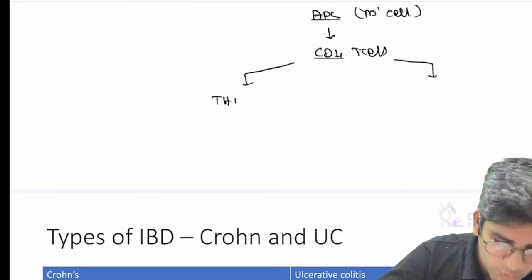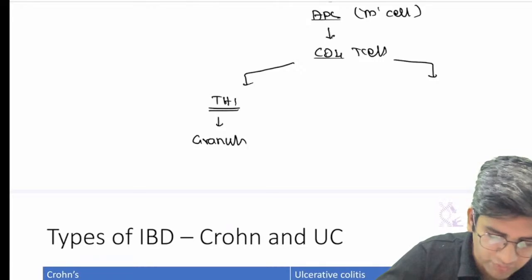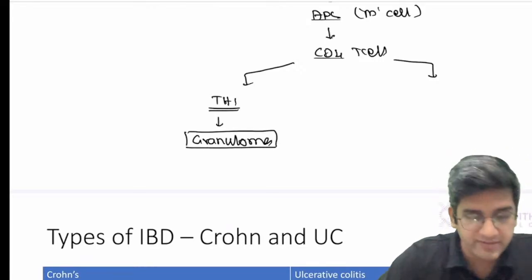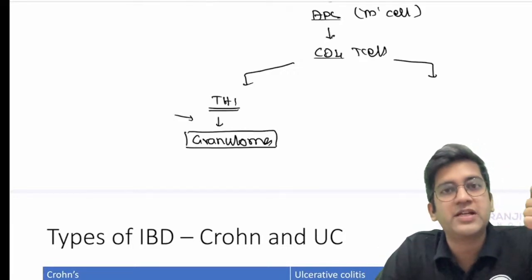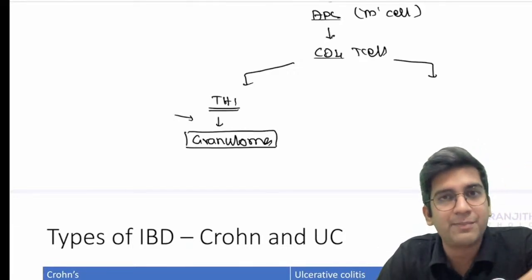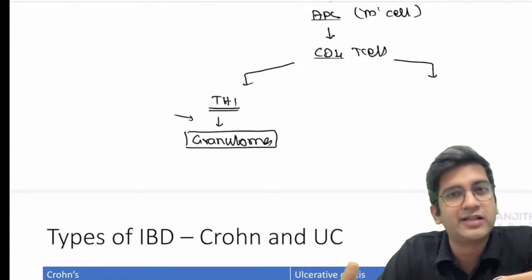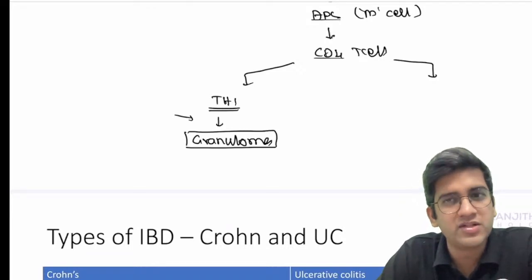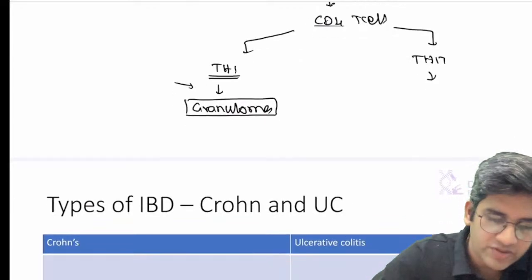Now here I have a TH1 response. This will end up in granuloma formation. I'm just directly writing granuloma. If IBD is a long answer, write that: interferon gamma comes, macrophage becomes an activated macrophage, forms the appearance of an elongated slipper-shaped cell, epithelial cells, giant cells, will attract lymphocytes, forms a granuloma. So the short answer: Th1 activation results in a granuloma. Or I'll have Th17 activation, which results in acute on chronic inflammation.